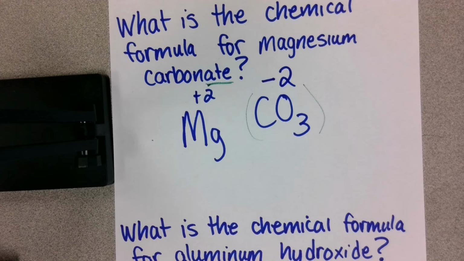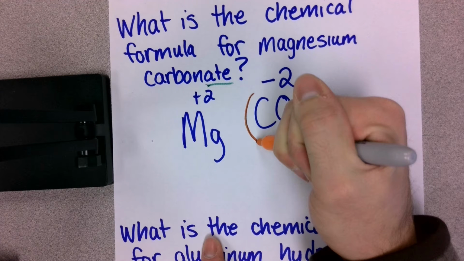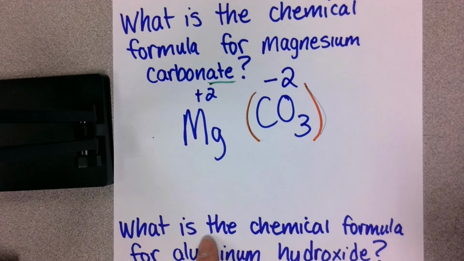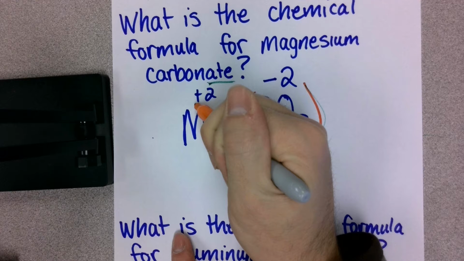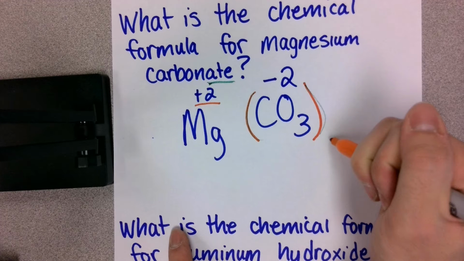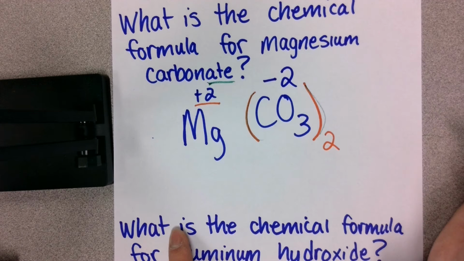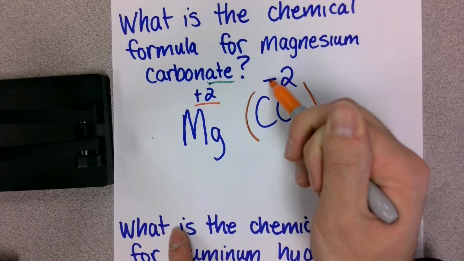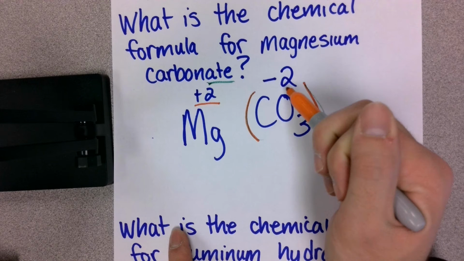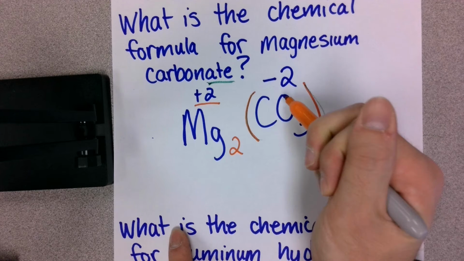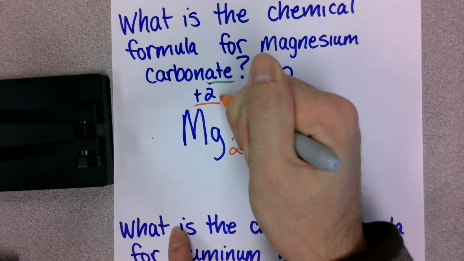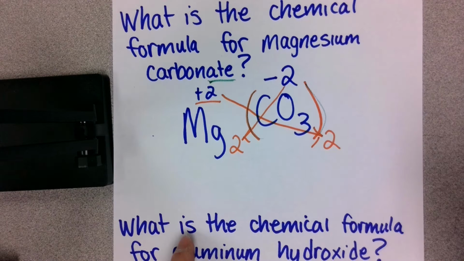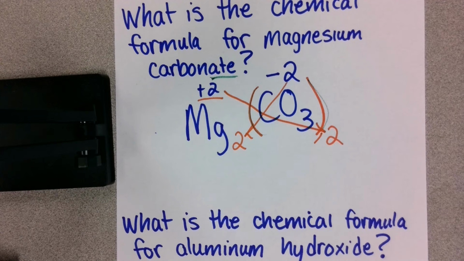Alright, so again, you have to put parentheses around this, and my parentheses are terrible. So this 2 is going to go down here, and it's going to go outside the parentheses like this. Okay? Then you're going to take this 2 without the sign. Remember, you don't take the minus with it. You just put a 2 down here, because remember, crisscross goes here, and this one goes here. Alright? So the chemical formula here is going to be